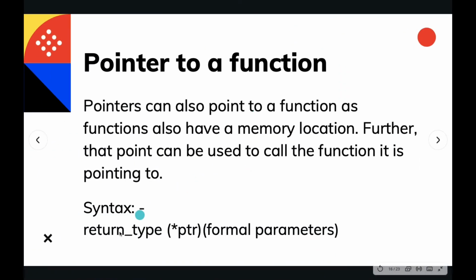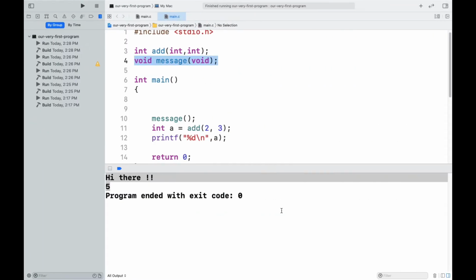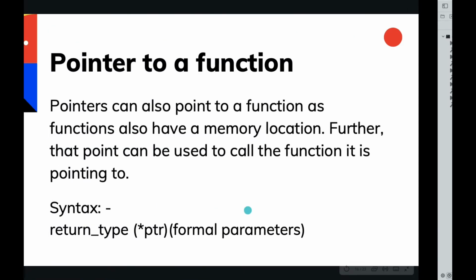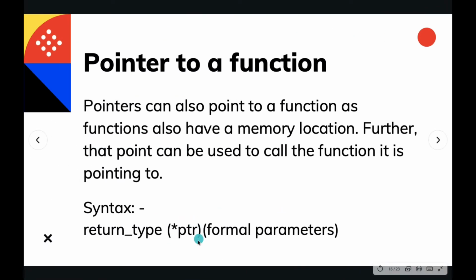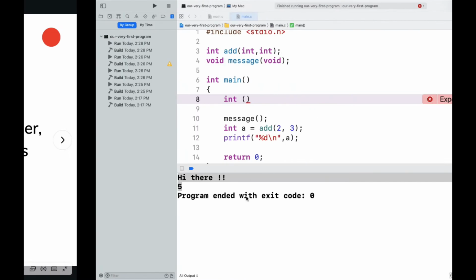So once again, let's look at the syntax. First of all, the return type should be the same, and the formal parameters should be the same. Let's declare those pointers. First I'm going to go for the integer pointer, and I need to give parentheses. These parentheses enclosing the star PTR, or you can say the pointer PTR, are necessary due to precedence reasons.